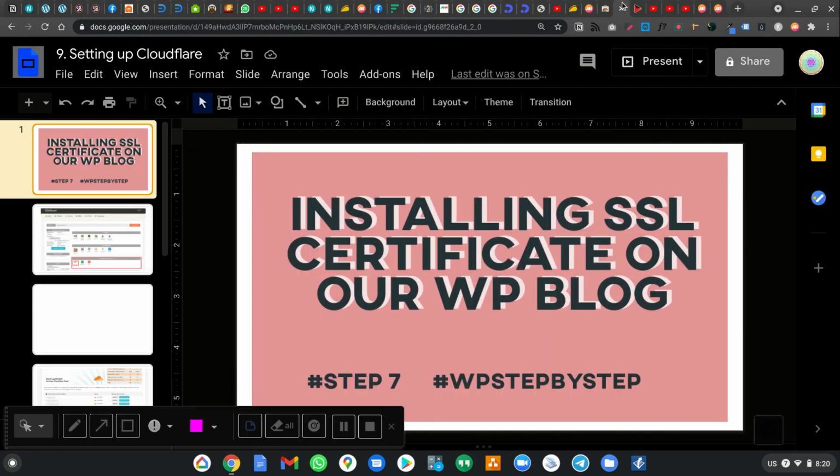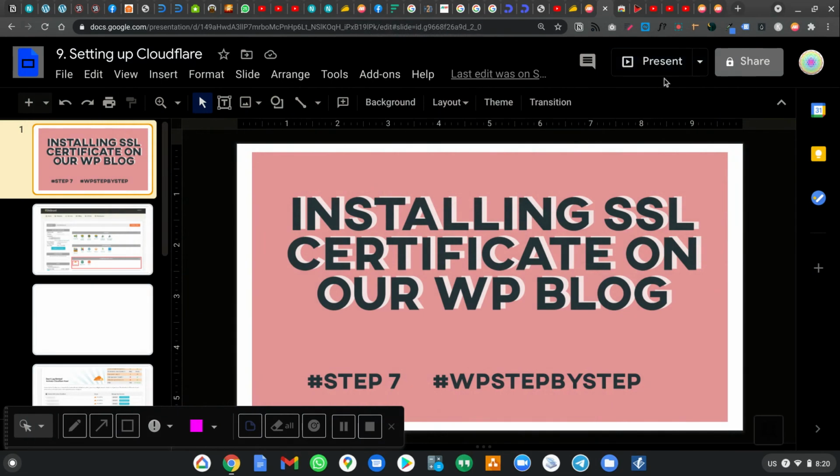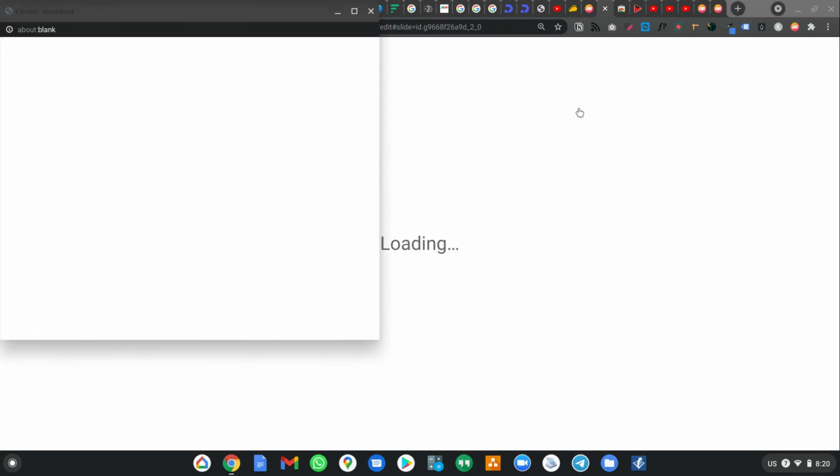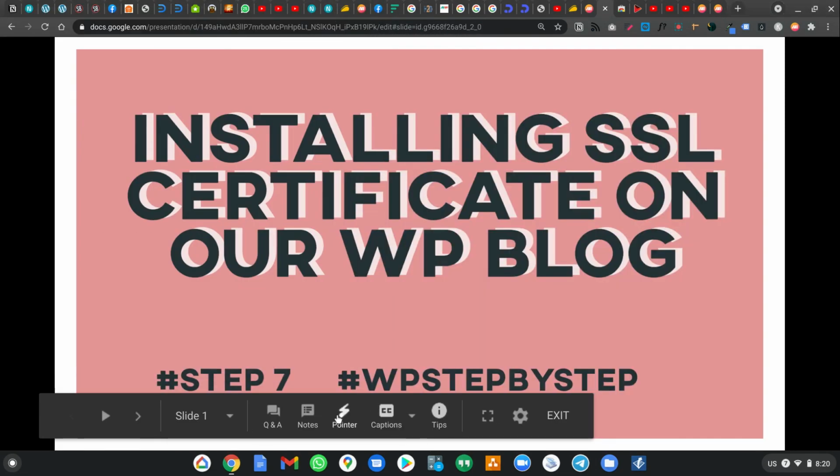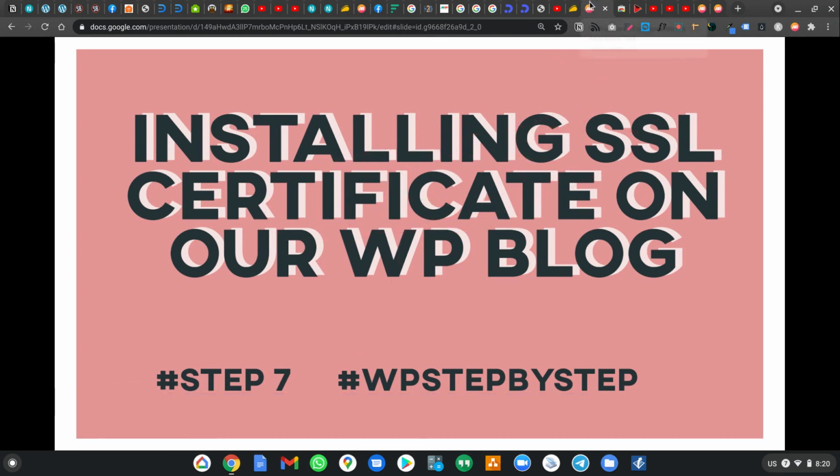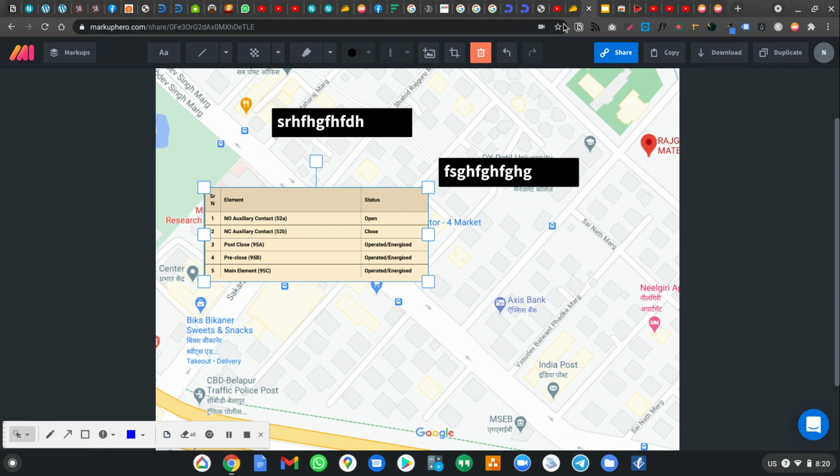If you see a Google Slide and click on presenter view, there's a pointer tool for the presentation. If we could get such a tool in Markup Hero, we could directly give presentations through Markup Hero, and it would be a great functionality.